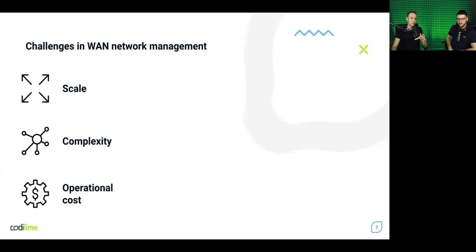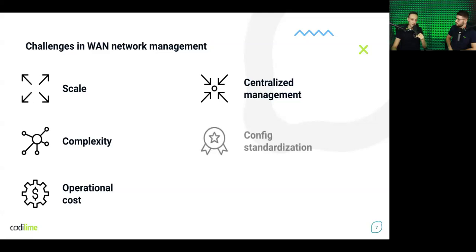So in SD-WAN, we don't care that much about scale because we've got the centralized management. And this fact alone fosters the automation. Having one vendor lowers the complexity of the network because the configs can be standardized, for example, using configuration templates. And it all sums up to the lower effort on the network engineer side, which means less cost for our